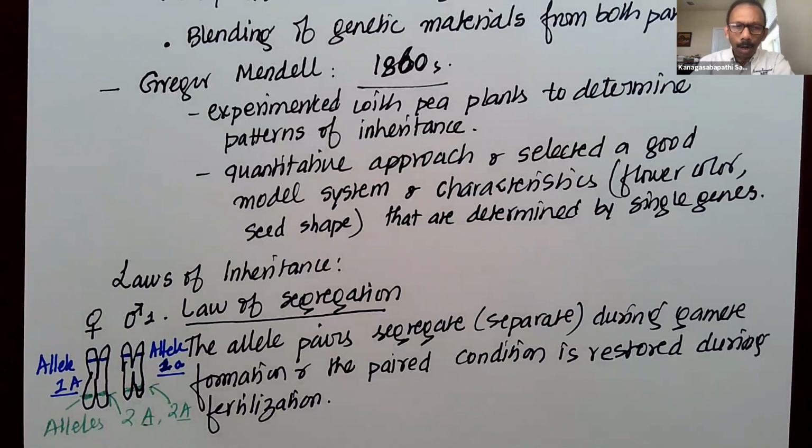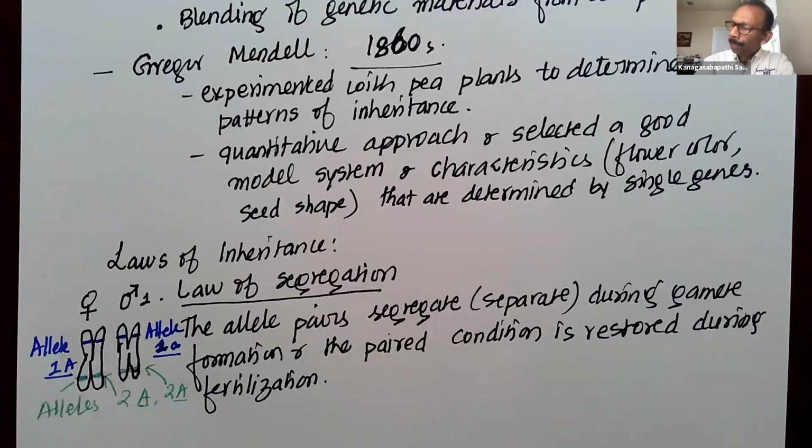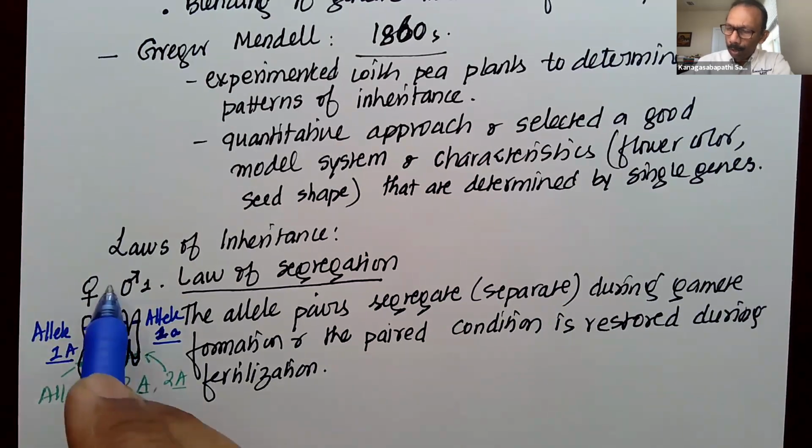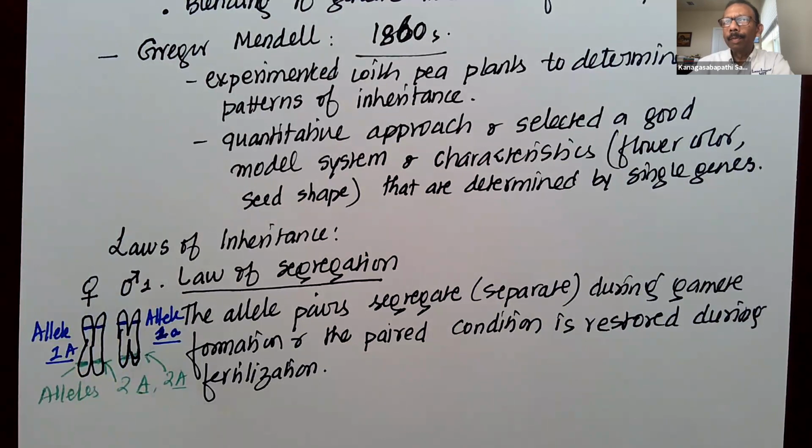So this is called the alternate forms of the genes. And so they separate during gamete formation. We saw that the homologous chromosomes separate. And how did he prove this? Okay, so he had